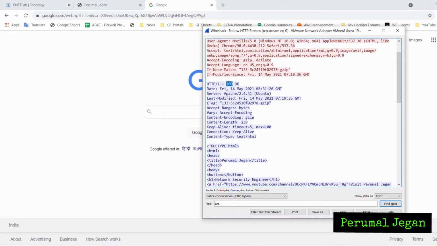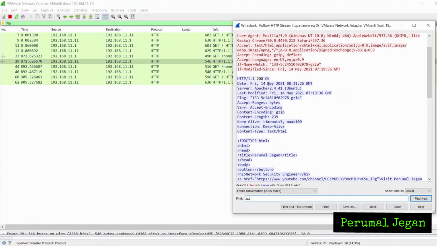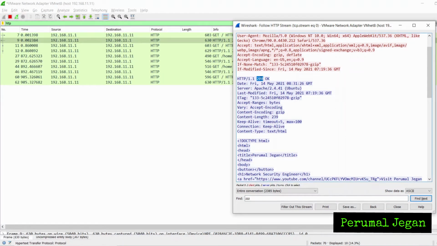By seeing the status code, you will be able to understand what response it received. For example, here it is 200. The status code 200 indicates the resource is found. So whatever the browser requested is shared by the web server. That is what is indicated with this message, 200 OK.